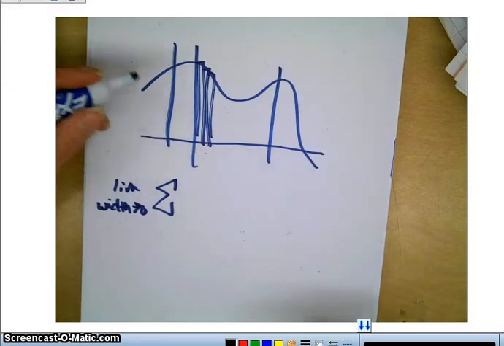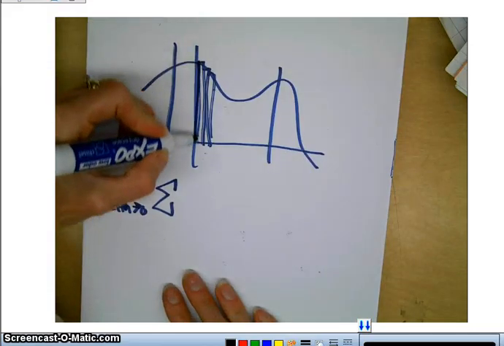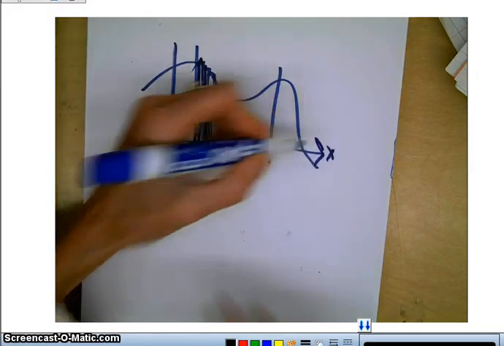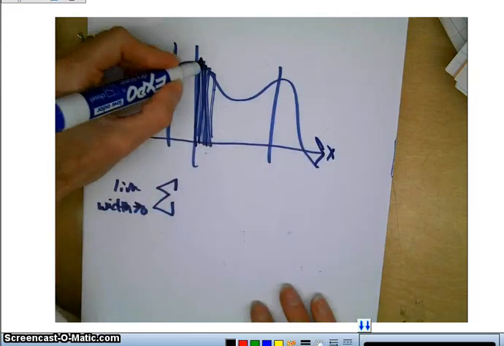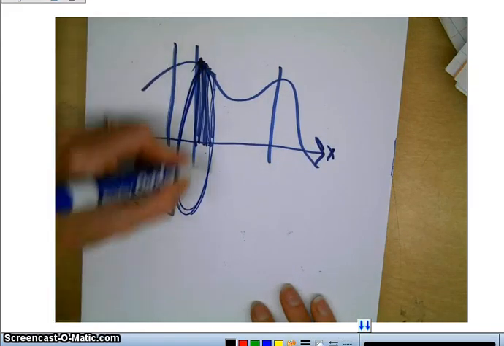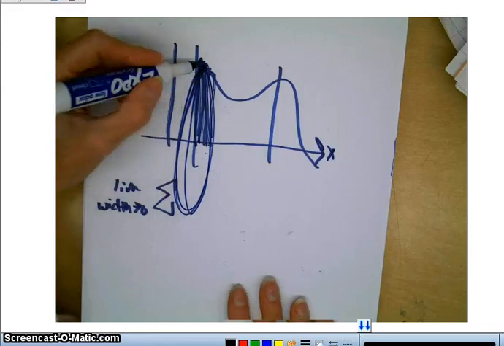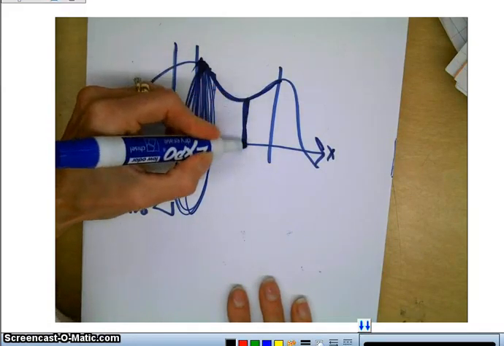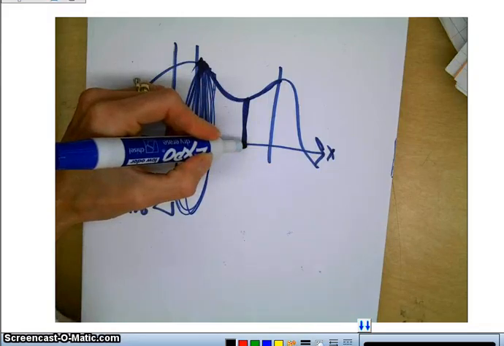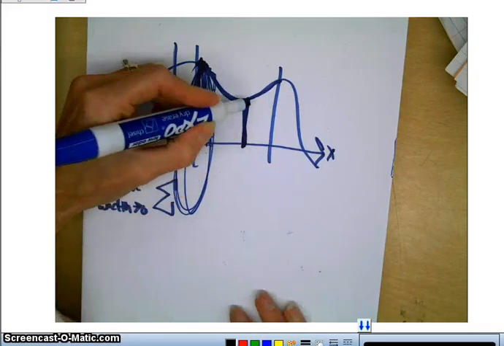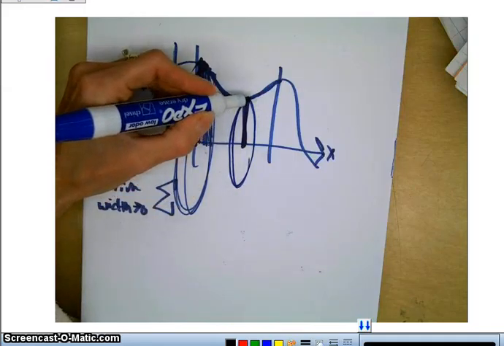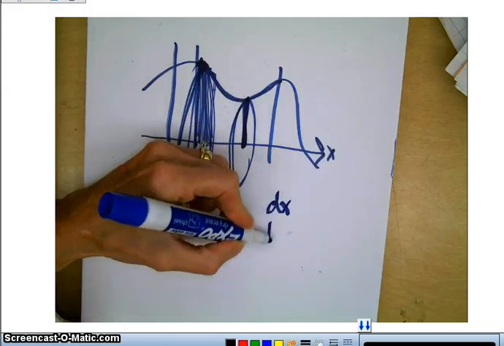So what we're doing now is taking each of these lines that we would have added up, or these little tiny rectangles, and spinning them around the x-axis, so they create a little disc. And every time you do that, it doesn't matter what the curve looks like. If I take this little teeny tiny piece right here, like a CD, and I spin it around the x-axis, it's going to have a teeny tiny little bit of height, which is what we call our dx. That is the height